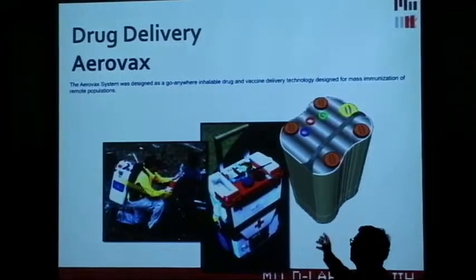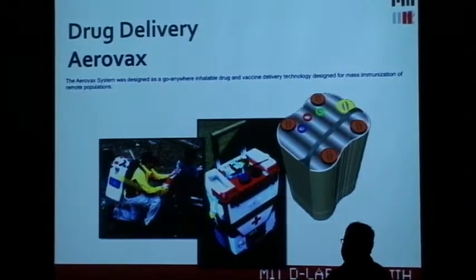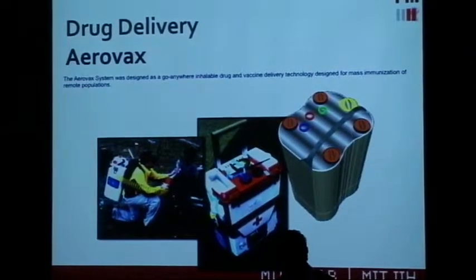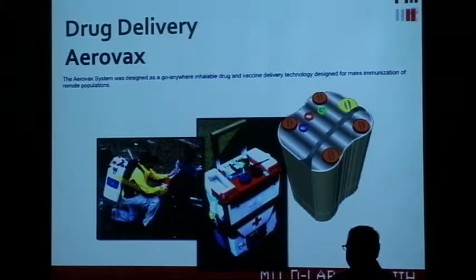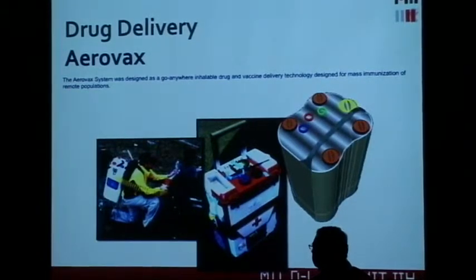So these are some other devices we've been working on. This is Aerovax, something I've been involved in. And the idea here is take existing measles vaccine, aerosolize it, so that you can deliver the vaccine via inhalation instead of shots. Shots are great. I mean, they're the foot soldiers of vaccination campaigns. But because people are reusing needles often,